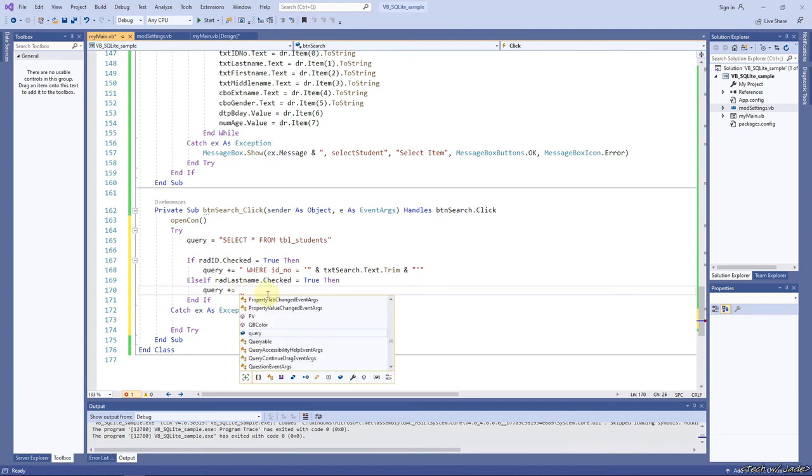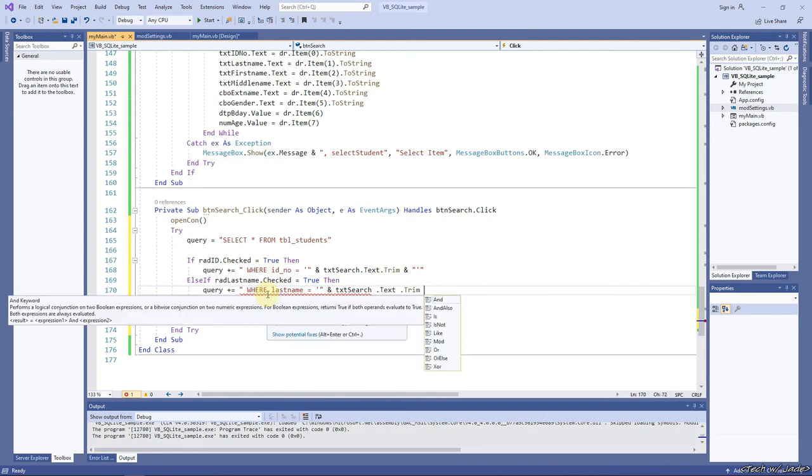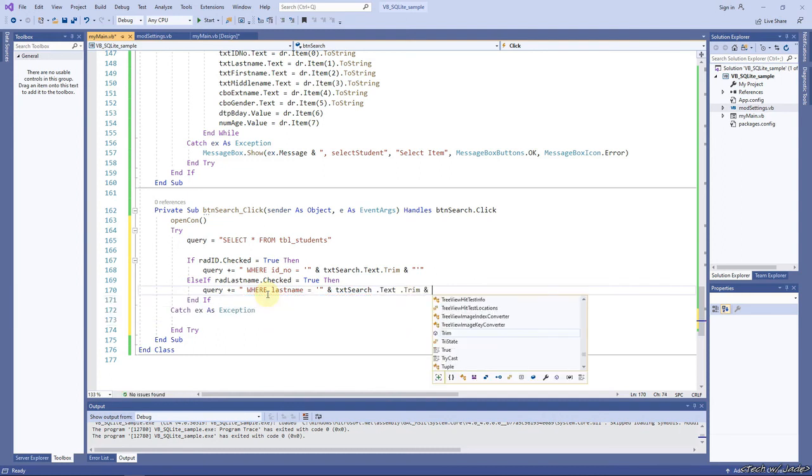So plus where last name equals txtSearch.Text.Trim. Okay,